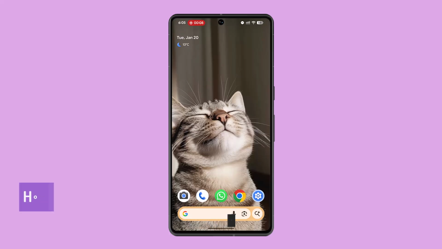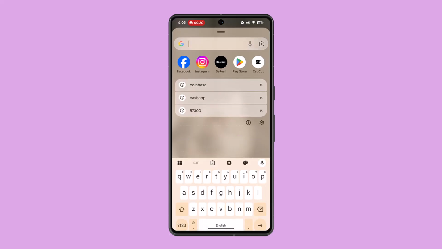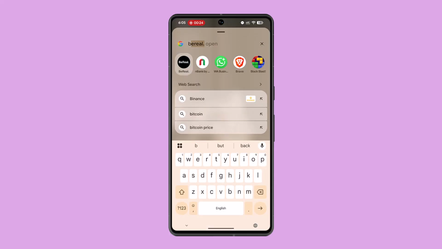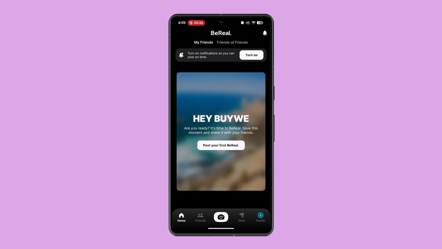In this guide video, I'm going to show you the procedure on how you can fix BeReal login issues. So to fix a BeReal login issue, you want to start by checking your internet. That means you just want to go ahead and open your BeReal app on your device, after which you just want to make sure to go ahead and check your internet